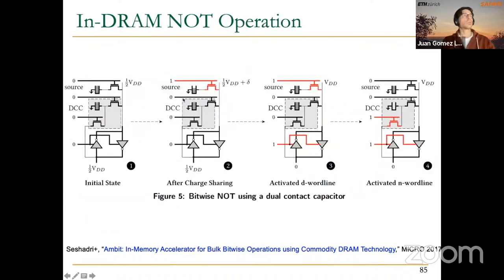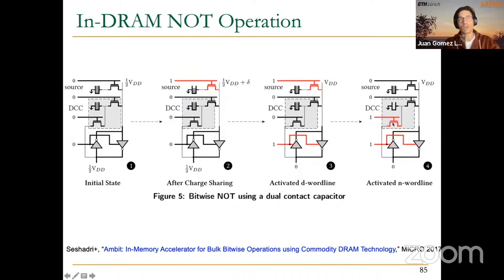So if we want to execute NOT, what we do is activating 1 source row, same as we normally do. We activate the source row, then we activate the sense amplifier. So now the bit line is, in this case, charged to voltage VDD. And what we do next is very similar to the RowClone operation, activating another row. But the row that we activate is one of the rows of this dual contact cell, or